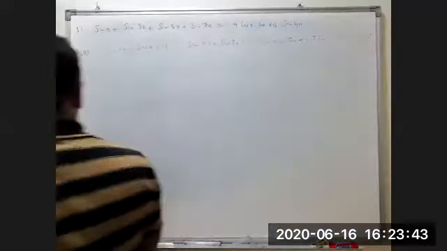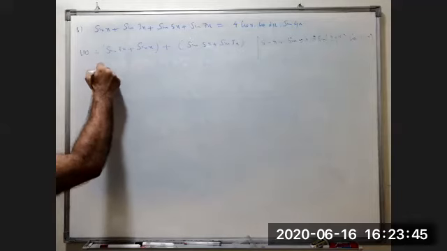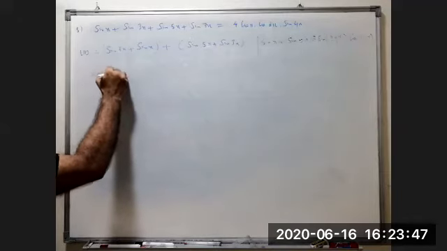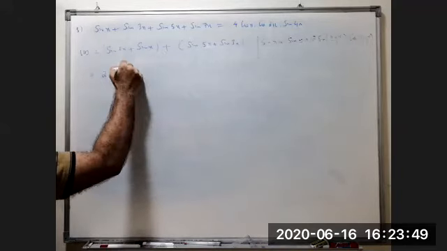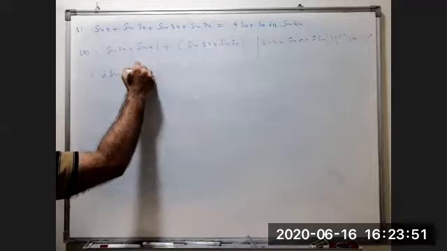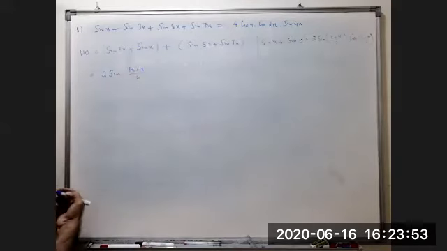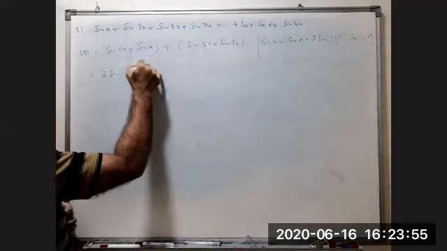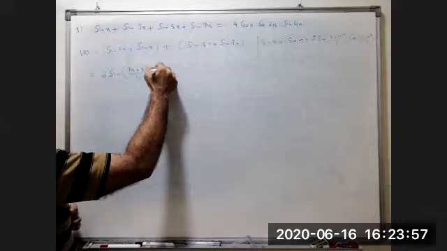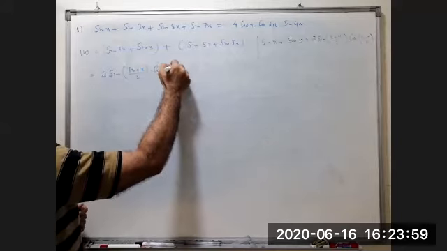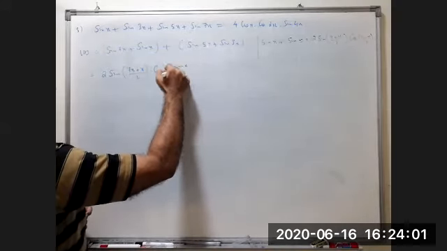So 2 sin (7x plus x)/2 into cos (7x minus x)/2